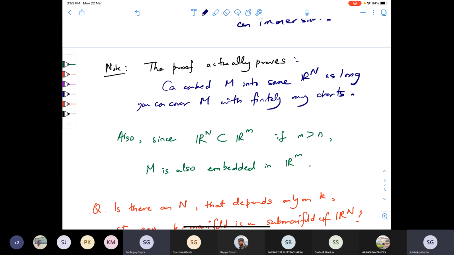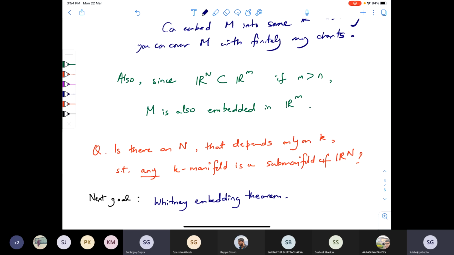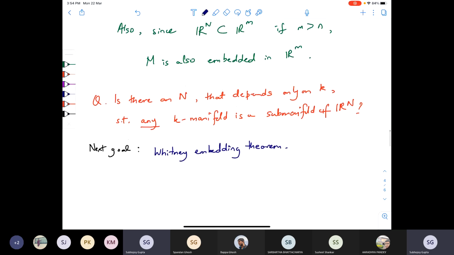This is because that's all we needed for the whole thing, right? So you need to cover M with finitely many charts. That's why we use the compactness of M. But that need not be only true if M is compact. You could have a non-compact manifold, but cover it with finitely many charts. Charts are just open sets that are homeomorphic to some open sets of Rn. These open sets need not always look like open balls, so they might be large in some sense. So finitely many of them can cover the whole non-compact manifold.